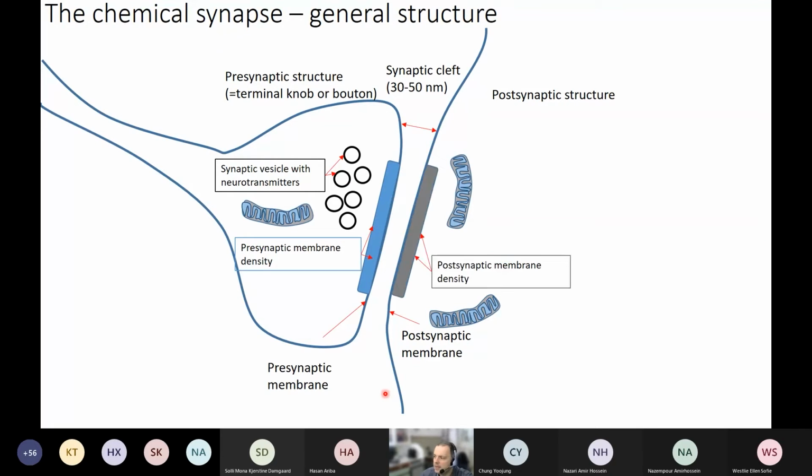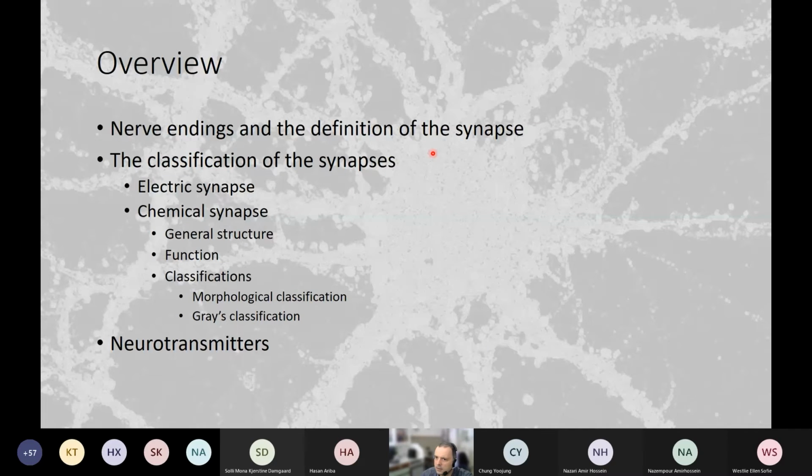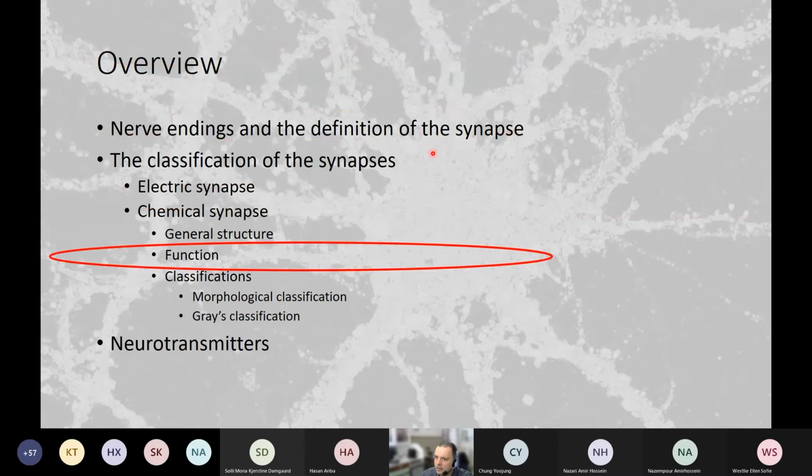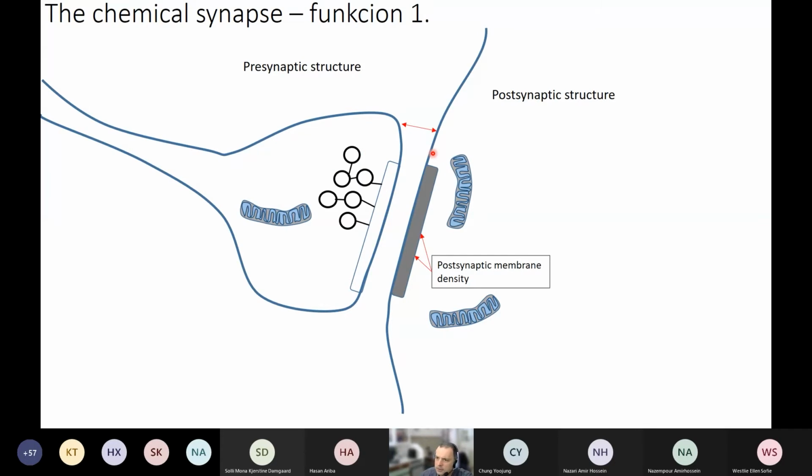And again, there is a density on the postsynaptic membrane, which is made up of proteins, and these proteins will be required in the signal transmission also. So this is how the general structure of the synapse looks like. And if we would like to understand the function, then I would like to go into some